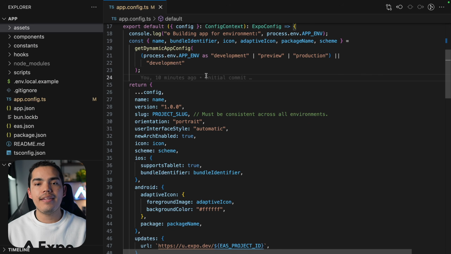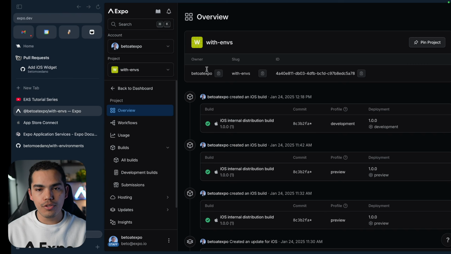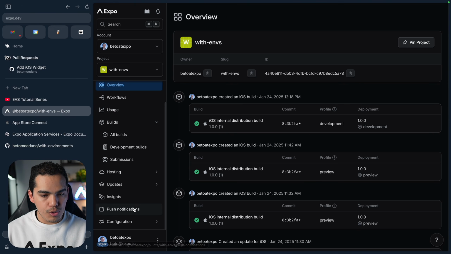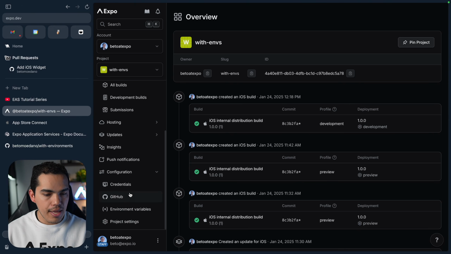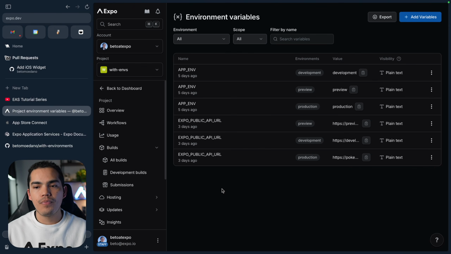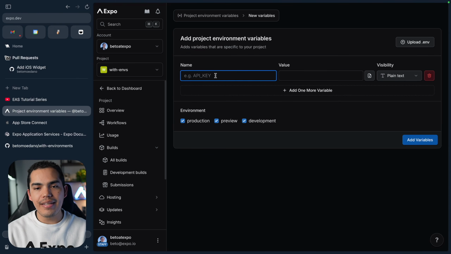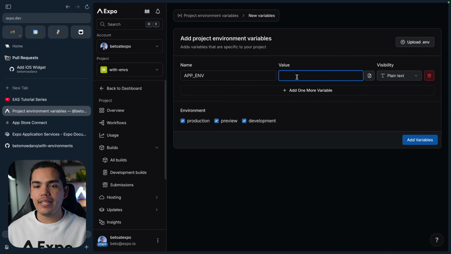So let's go ahead and start defining the environment variables that this application is going to use. To do that, let's go to EAS, and then in my project, I'm going to scroll down all the way to configuration, and then I'm going to select environment variables. Now, as you notice here, I have some values, and you need to do the same. In order for this template to work correctly, we need to define the environment that the application is going to use. So in this case, I went ahead and just clicked on add new variable, and then this is going to be app_env, and you need to add the value to be development,